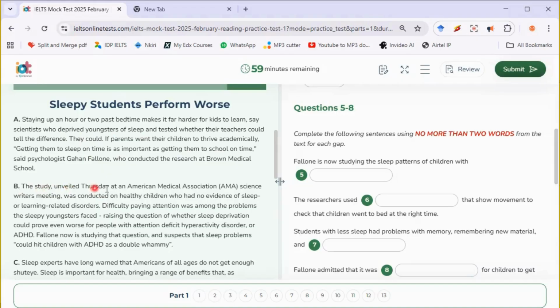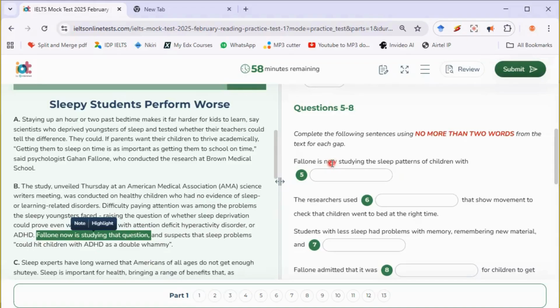The study unveiled Thursday at an American Medical Association science writers meeting was conducted on healthy children who had no evidence of sleep or learning related disorders. Difficulty paying attention was among the problems the sleepy youngsters faced, raising the question of whether sleep deprivation could prove even worse for people with attention deficit hyperactivity disorder, ADHD. Fallon now is studying that question. Take note of this place. Can you see that? Fallon